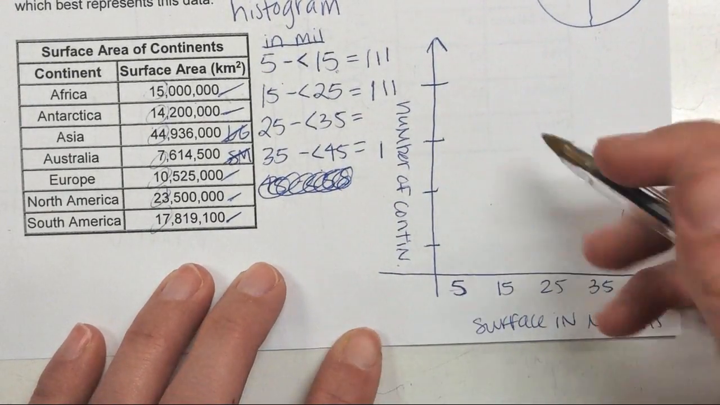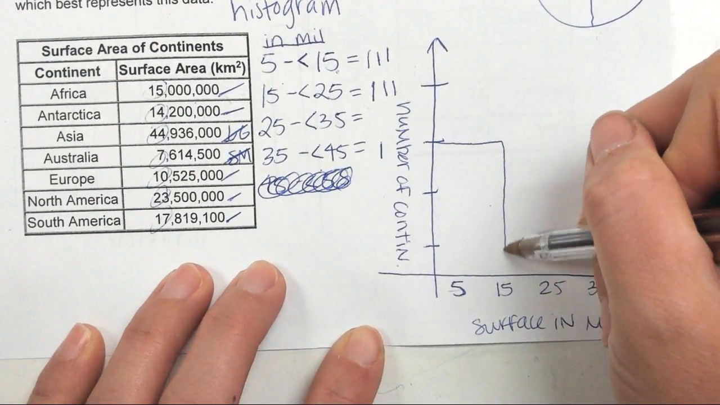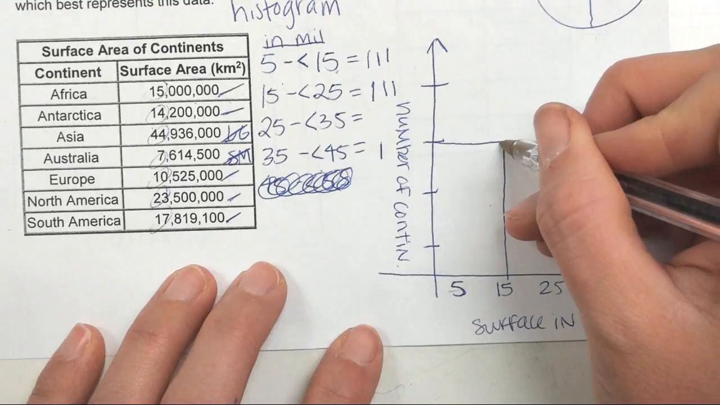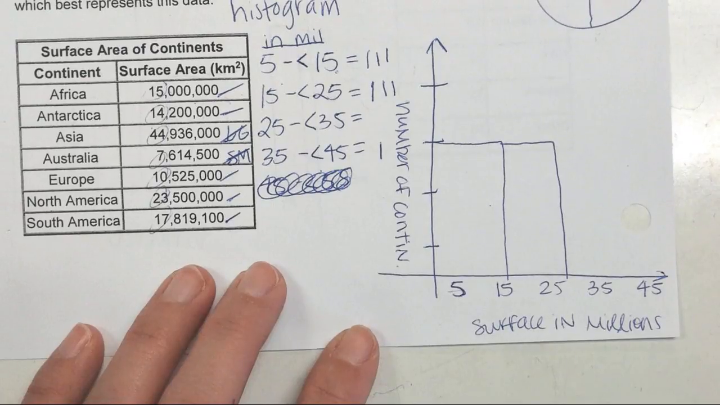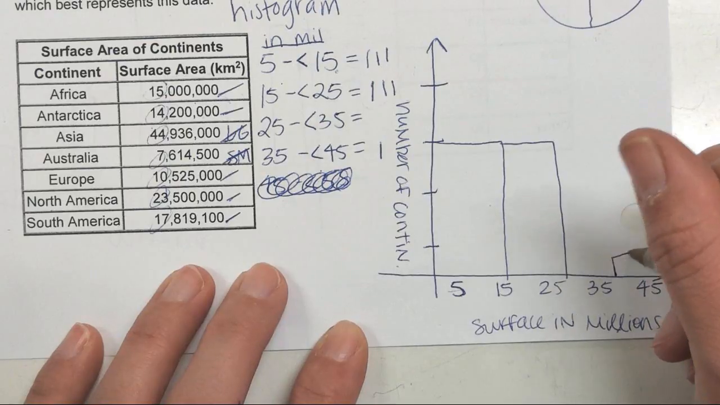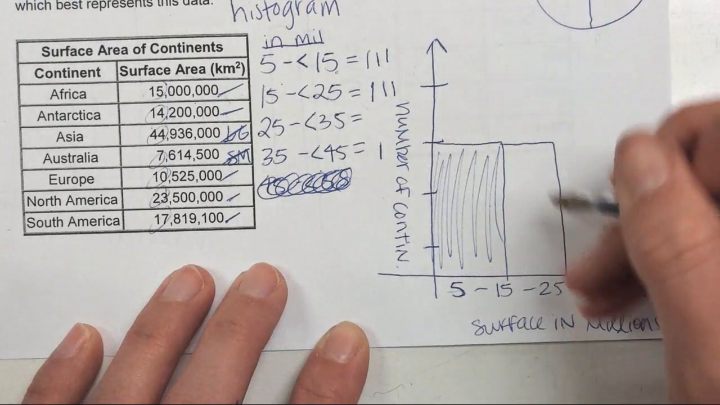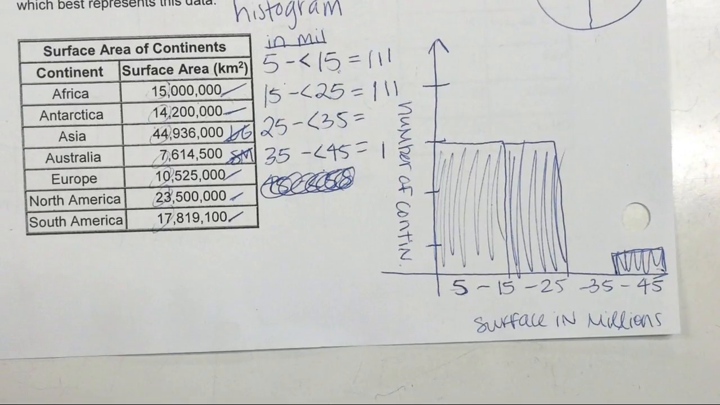So from 5 to 15, there's how many? 3. And we make all of them touch. Yes, histograms need to touch. The next one's 3 as well, correct? Alright, what do we do about 0? Don't forget that one. Put nothing. Good, you skip it. The next one will be 1. Alright, any questions